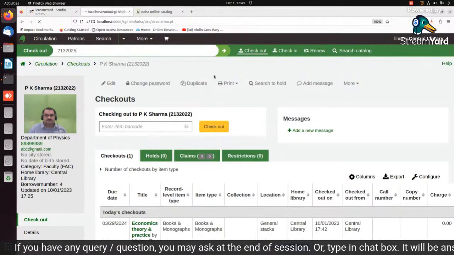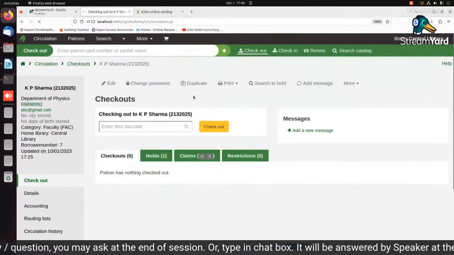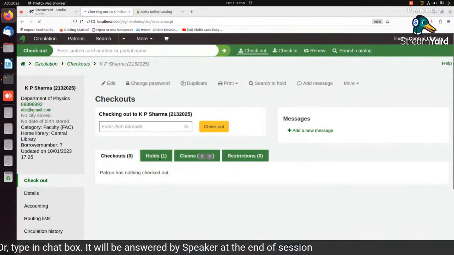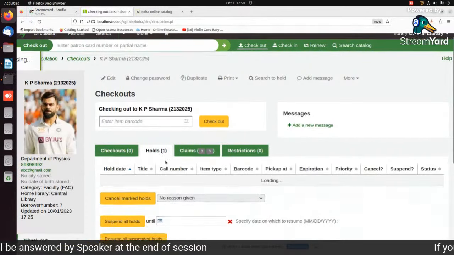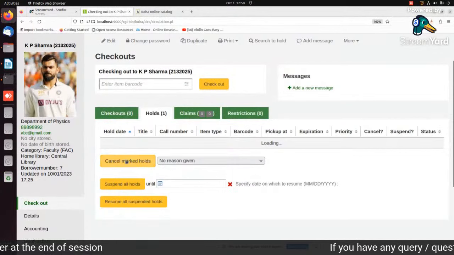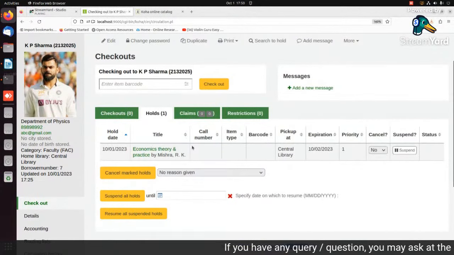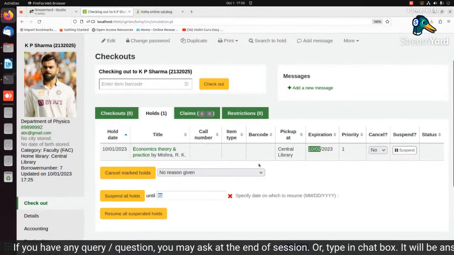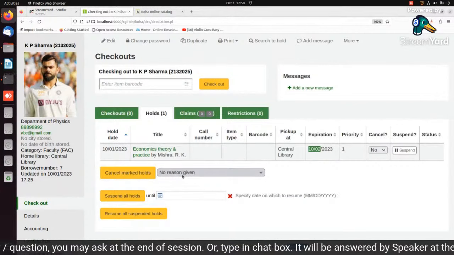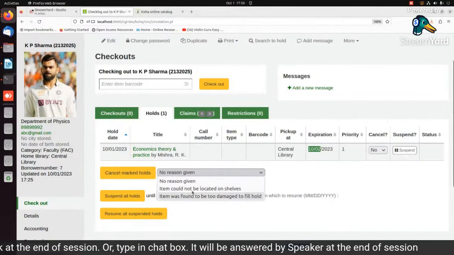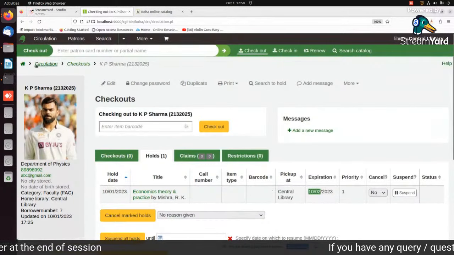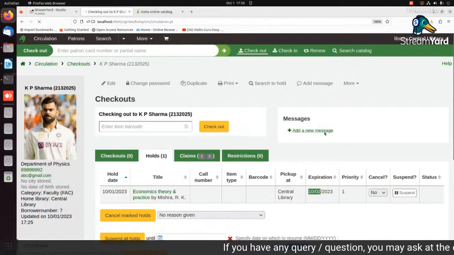I'll show you why I'm showing this. Perhaps 2 4 I have taken. No, this only. See, it is showing in hold that this user has placed the reservation for this book and it will expire on 2nd of October. If you want to cancel the marked hold, you can give the reason why your reservation is cancelled, or you can suspend it. And when the book is returned, you see the magic, it automatically